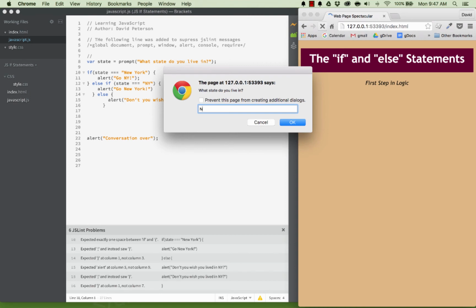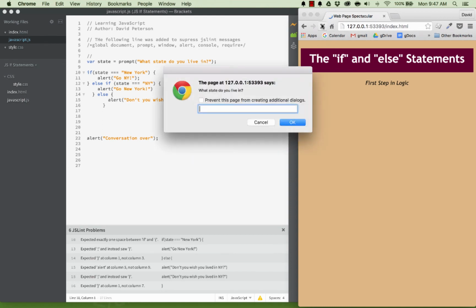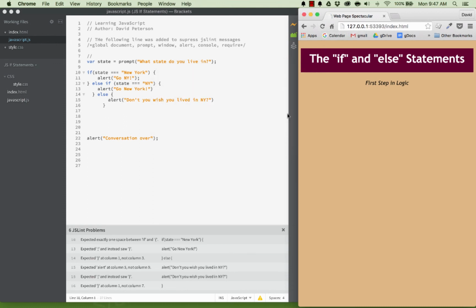What state do you live in? New York. Go NY. What state do you live in? Ohio. Don't you wish you lived in New York? And so the indenting helps you to keep it straight,